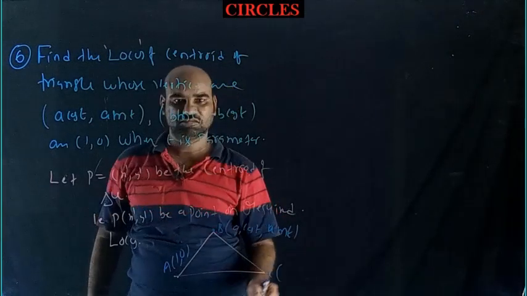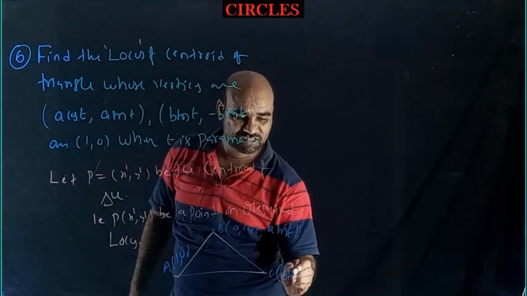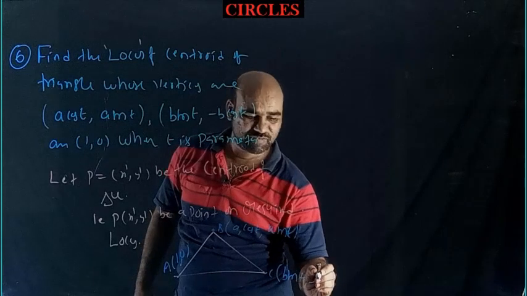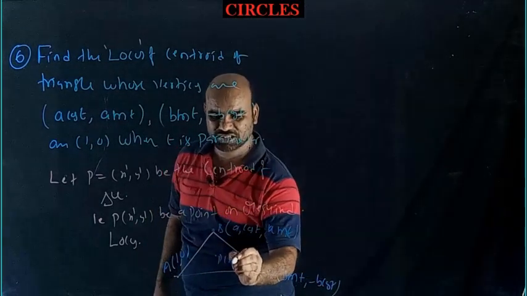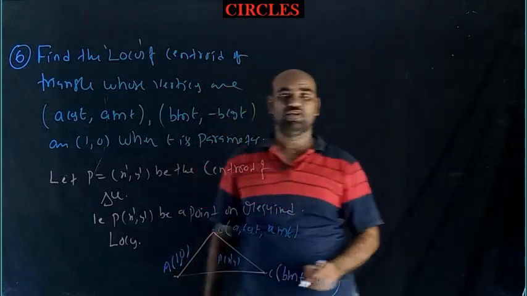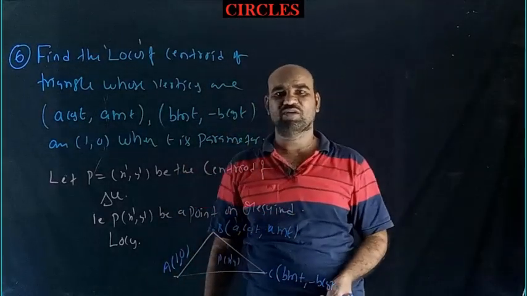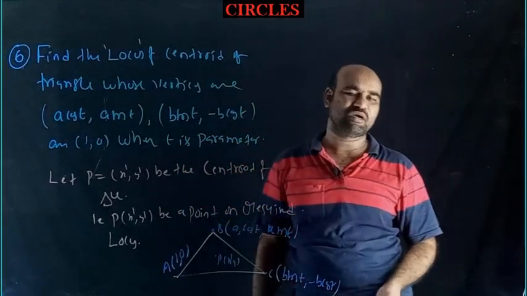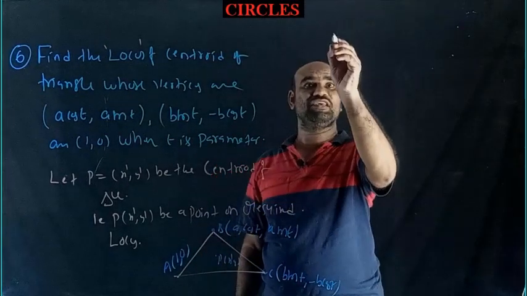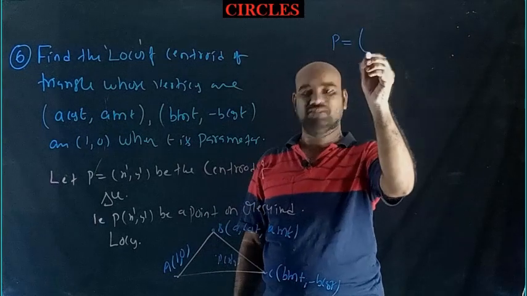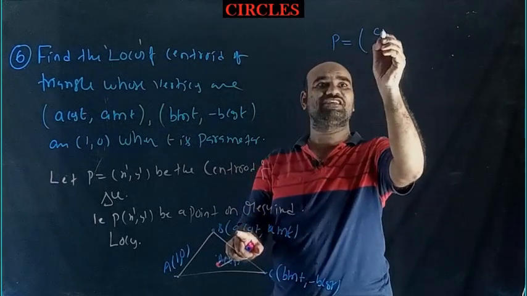C is (b sin t, -b cos t). P is here, (x', y'). You know the centroid formula: (x1 + x2 + x3)/3, (y1 + y2 + y3)/3. So P is nothing but x1, meaning a cos t